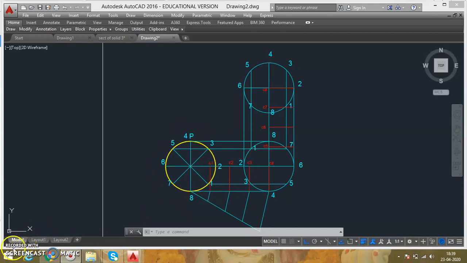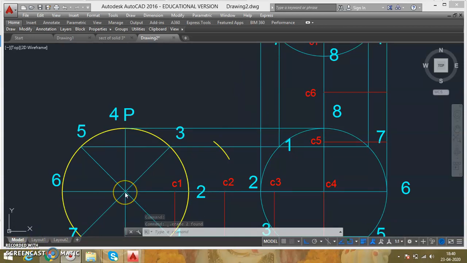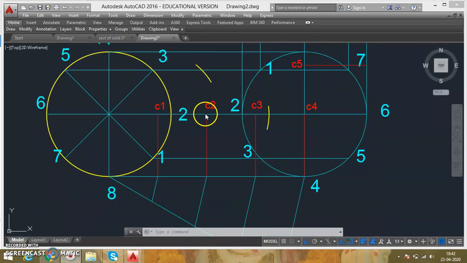So for example, we have taken the distance of origin to P into the compass, keep it at C1 and mark it on this line, because I know that when this center comes here, this P will go to this line. So I'll mark this here. Next I'll take this much distance in the compass, put it at C2 and mark on this line. Keep the radius distance at C2 and mark it on this line. So we got this second point.